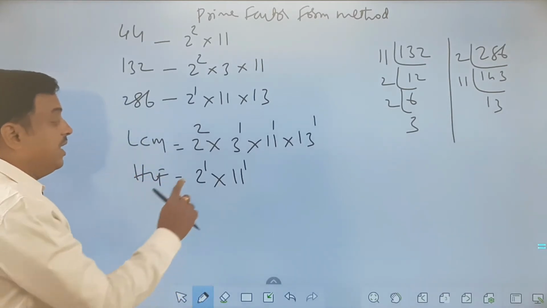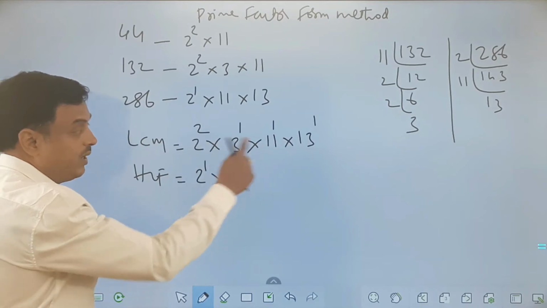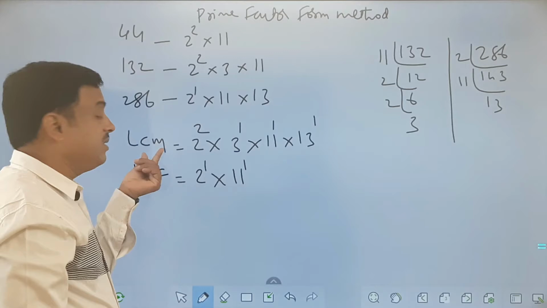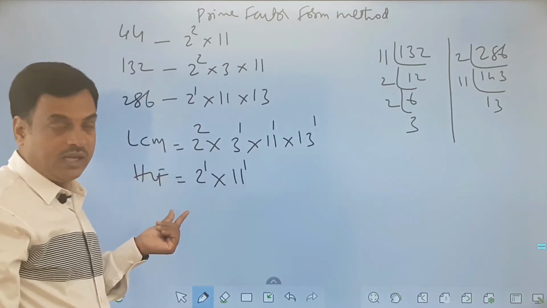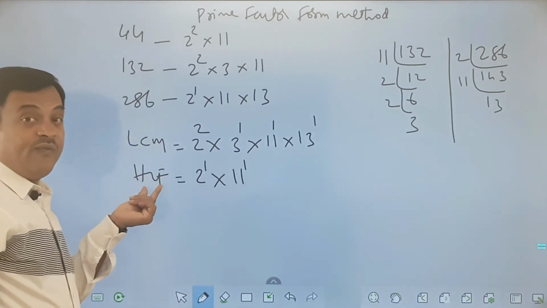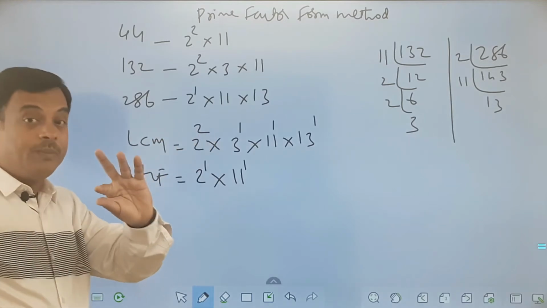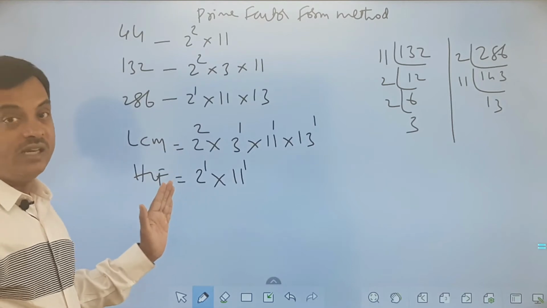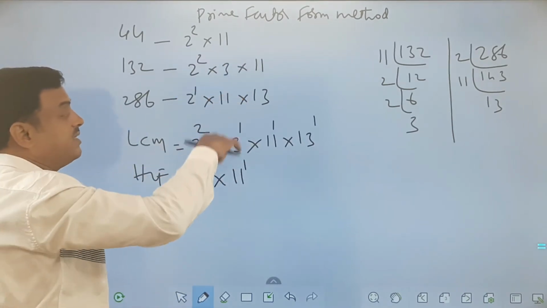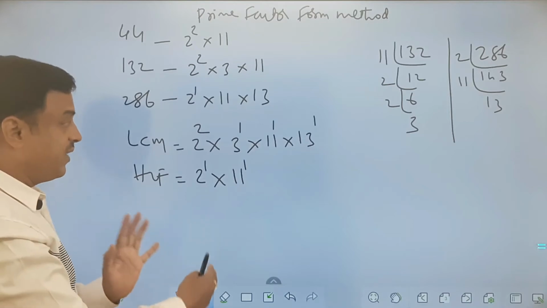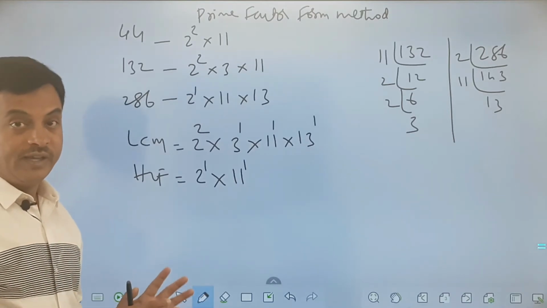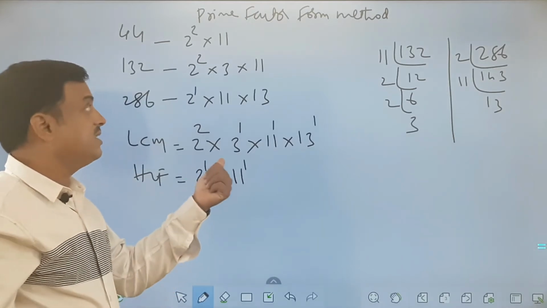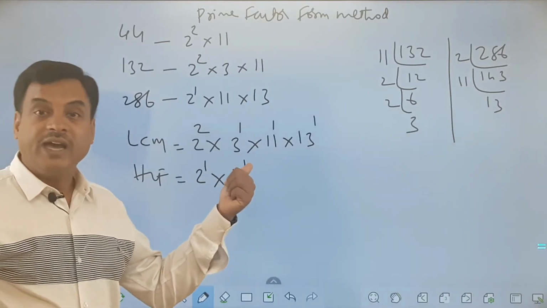Okay, second point. 2 and 11 we have here. We also have 2 and 11 here, and some other numbers also we are multiplying. So it is understood that LCM is a multiple of HCF. Okay. Third point, HCF is a factor of LCM, which is a converse statement of my previous one. Okay, so there is a relationship between LCM and HCF that we can see on the same numbers. I got LCM and HCF. You can see the differences and the similarities between both of them. So that we need to always keep in mind while learning LCM and HCF. So this is another method to find the value of HCF.